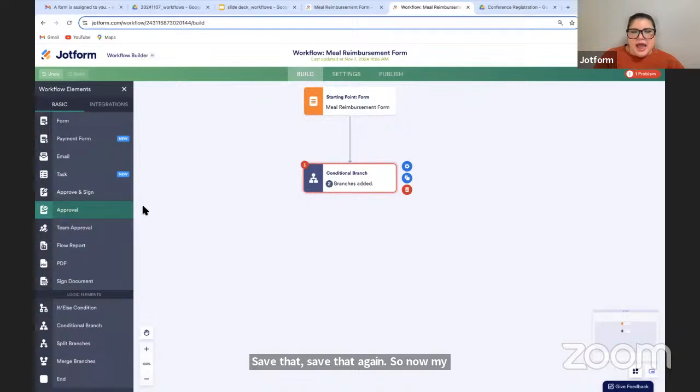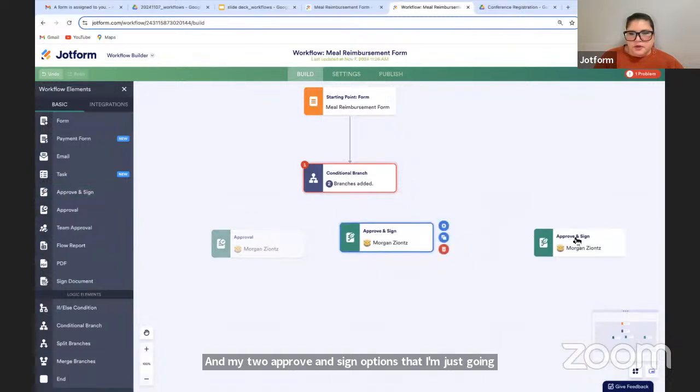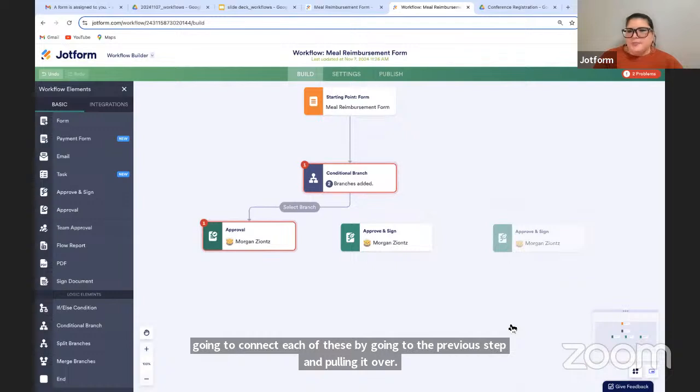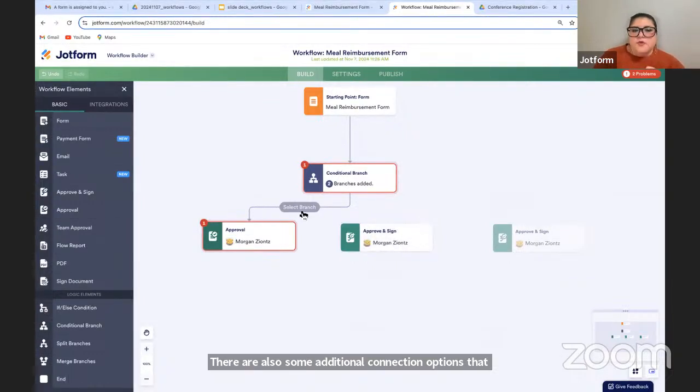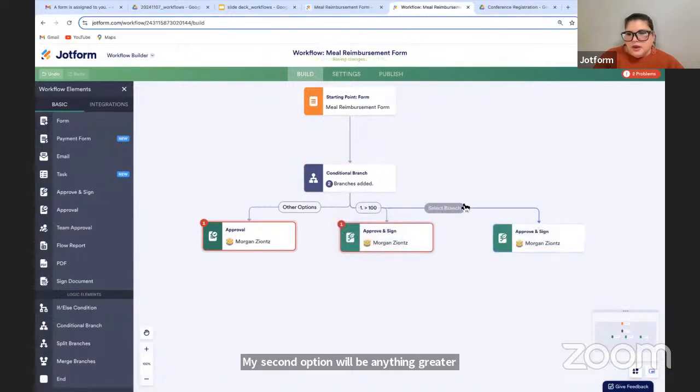And now I can go ahead and add my standard approval and my two approve and sign options. I'm just going to add three here. I'm going to connect each of these by going to the previous step and pulling it over. There are also some additional connection options that I'll talk about more in the next example I'm going to show. For the approval, anything less than 100 is going to go here. My second option will be anything greater than 100, and my third will be greater than